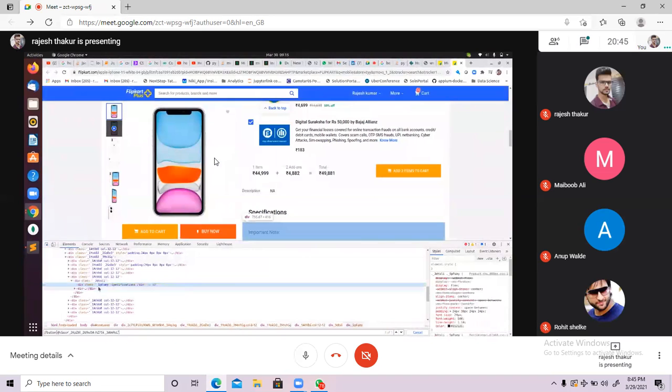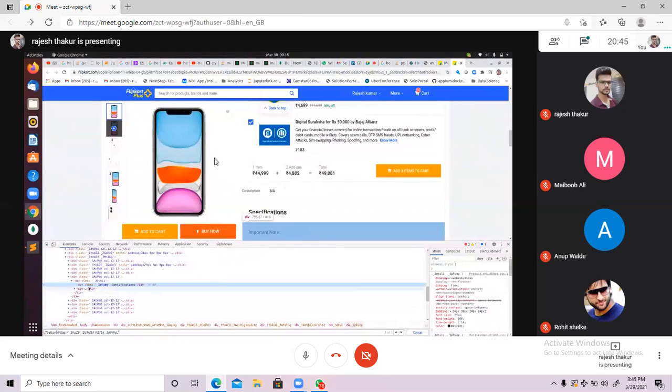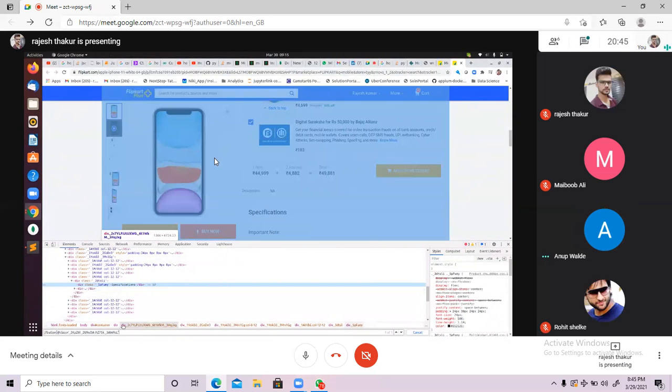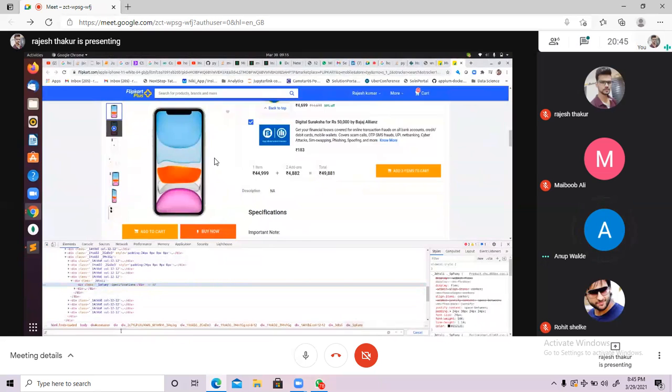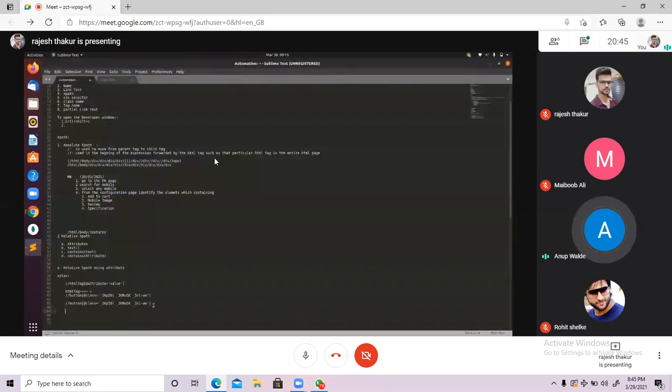Can anyone want to identify this specification? Again, it's simple. What is the HTML tag? First try to identify the HTML tag in this line. Div. Yes, correct. So //div. I'm writing here //div, right?